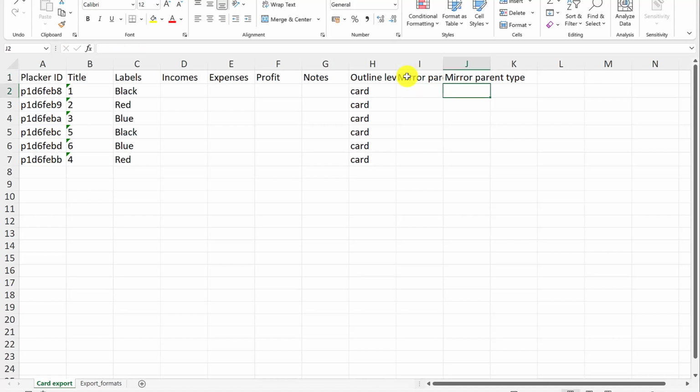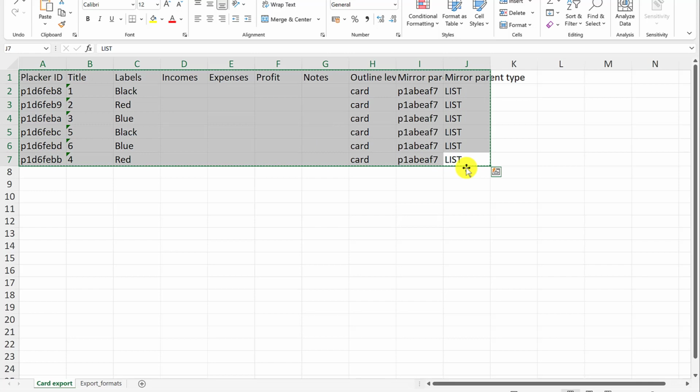The mirror parent type is list because the To Do list is a list, and that's where we're going to mirror the cards. If we were going to create a mirror inside a card, that is, create a checklist item from that card, this would be the card ID. So now we're going to paste the mirror ID of the board,